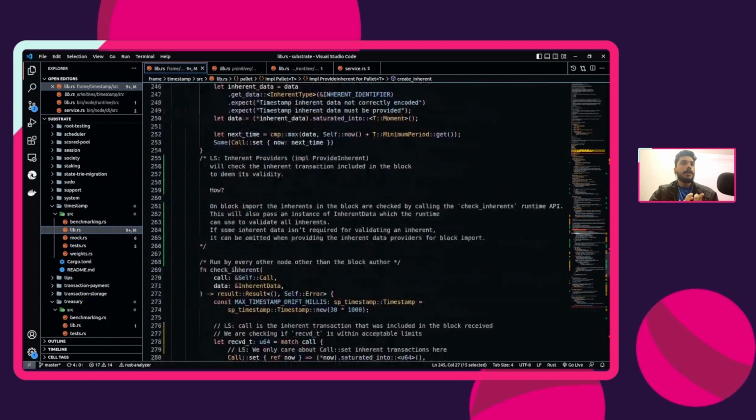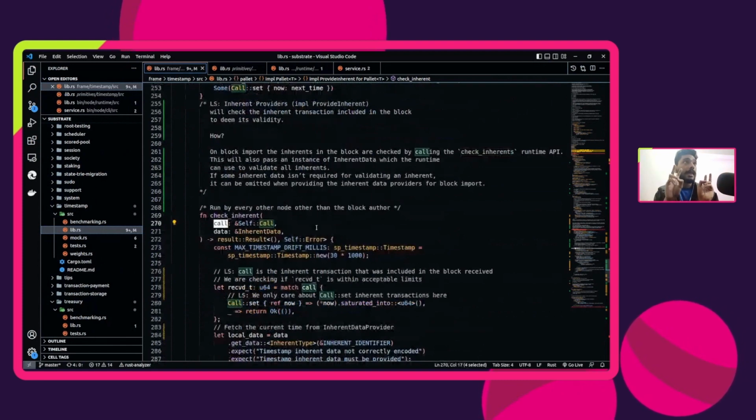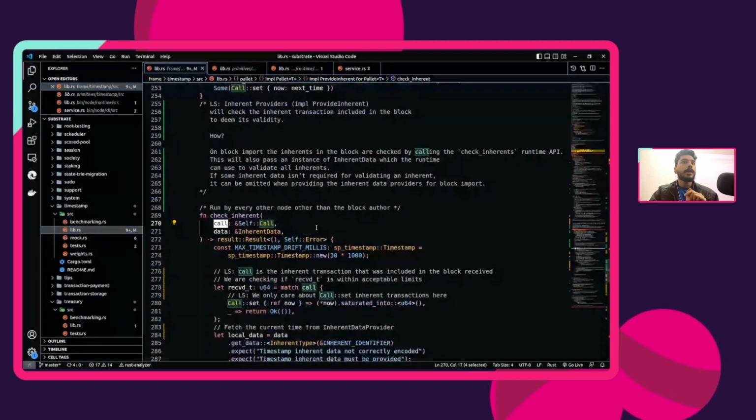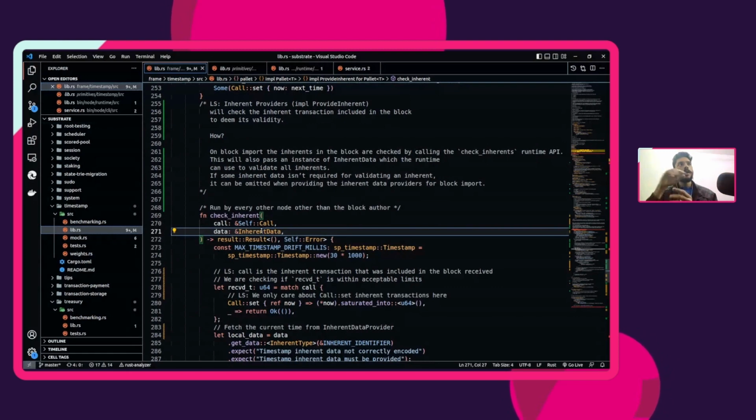They will use this function called check inherent, and they will receive the call, meaning the inherent extrinsic that was included in the block, and they will also get some inherent data from their nodes. So in this case, you have to take a step back and imagine what is the problem that we're trying to solve. We are trying to solve the problem of syncing everybody's clocks, and if everybody's clock is